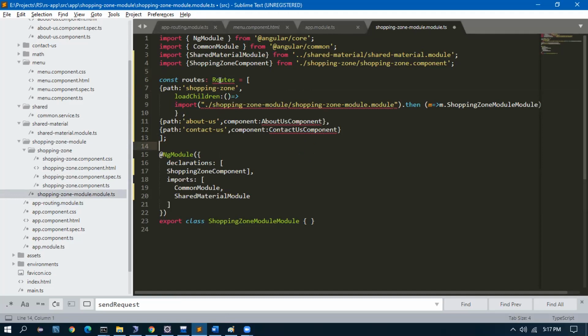So now I have to do the routes, because inside the child module, the shopping zone module also, it should be aware of the routes.